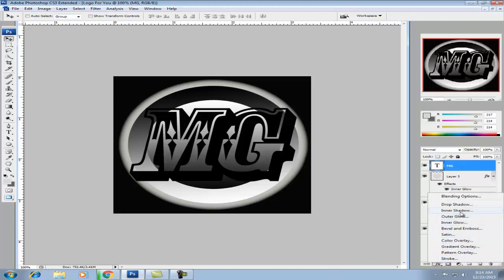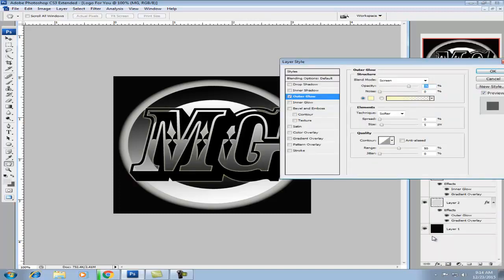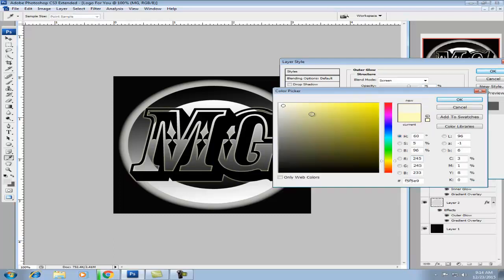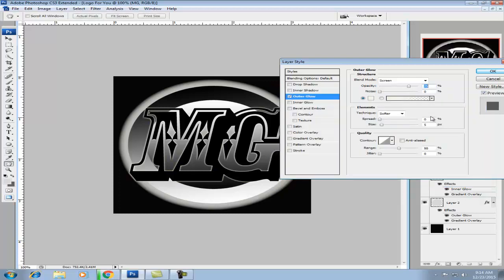Click in the effects here. Put some drop shadow, outer glow. I'm gonna put white. Then size.